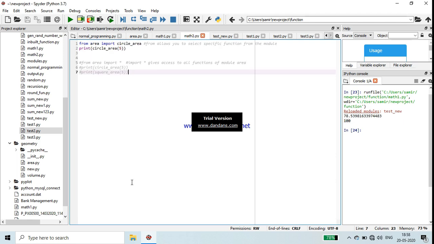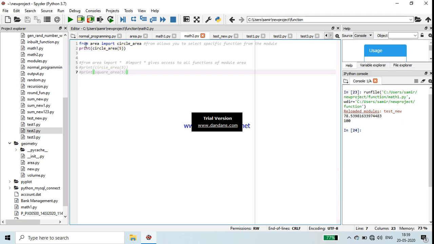Next example, another way we can import a module. If you want to call any specific function of a module, like area is the module, then we use the from keyword. From area import circle_area. Circle area is one of the functions of the area module.